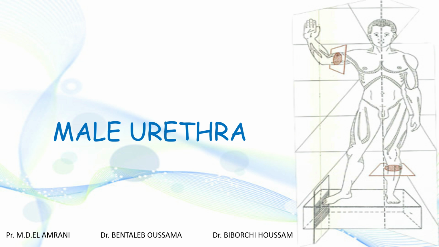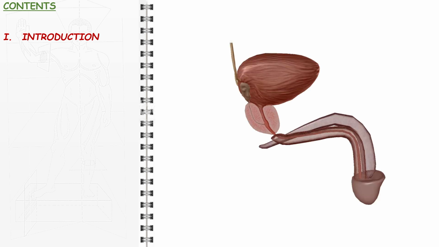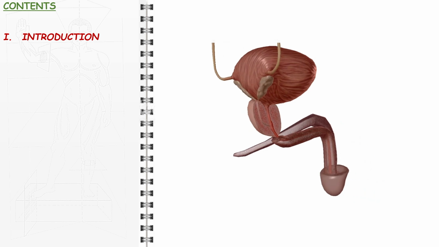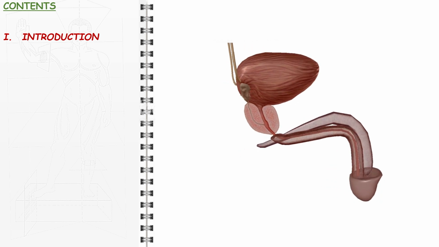In this video we will explore the anatomy of the male urethra, the terminal portion of not only the male urinary system, but also the male genital tract. We will start with an introduction to the male urethra, defining its intricate relations with the male copulatory organ, the penis, and, thus, determining its major role in micturition and fertilization.